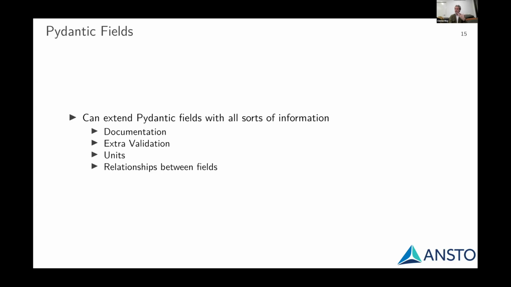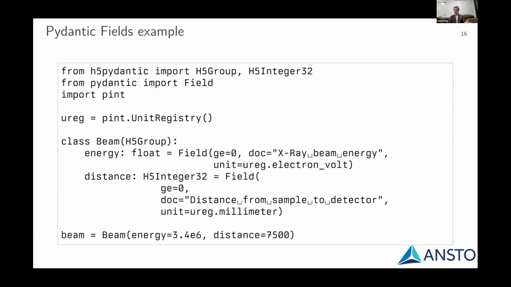You can add in unit information, and you can have relationships between fields and a whole host of other things as well. So as a bit of a richer example of some of the things that you can do with h5pydantic, well, these things come from Pydantic. It's just that the models that I give you let you dump that in a HDF5 file in a reasonably